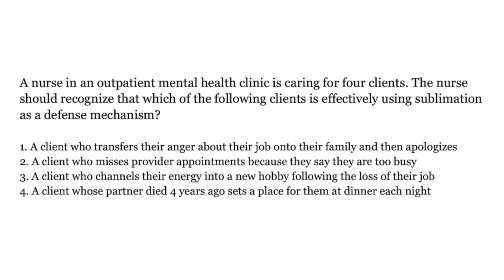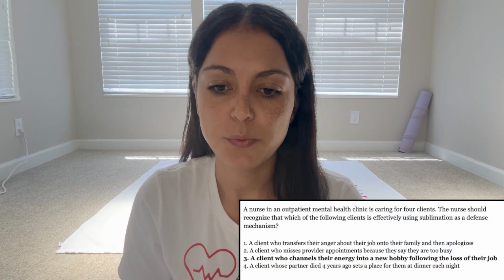All right, next question. Number 5, a nurse in an outpatient mental health clinic is caring for 4 clients. The nurse should recognize that which of the following clients is effectively using sublimation as a defense mechanism. 1, a client who transfers their anger about their job onto their family and then apologizes. 2, a client who misses provider appointments because they say they're too busy. 3, a client who channels their energy into a new hobby following the loss of their job. Or 4, a client whose partner died 4 years ago sets a place for them at dinner each night. And the answer here is number 3, a client who channels their energy into a new hobby following the loss